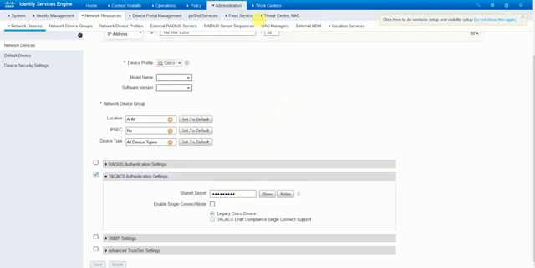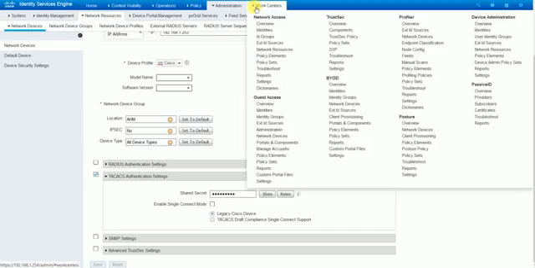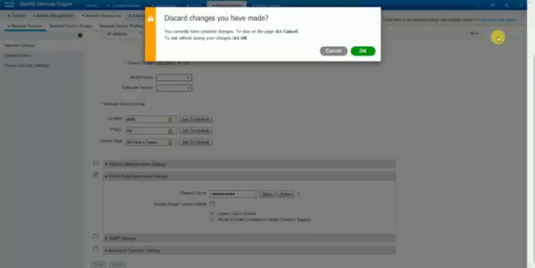what we need to do here is go to Work Centers. Device group, device group... we have to go to device group. From the work center you have to go to Device Administration, as we need to do the device admin. Then you have to go to User Identity Groups.